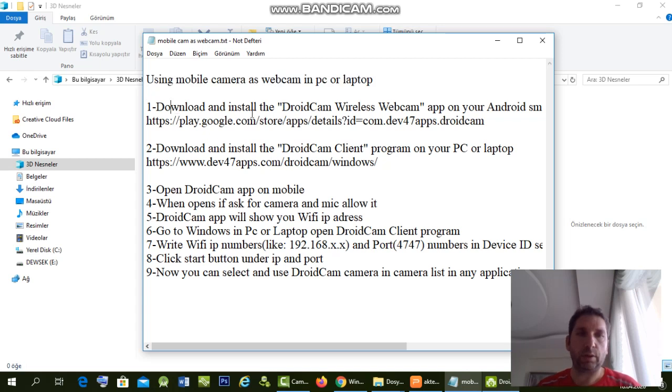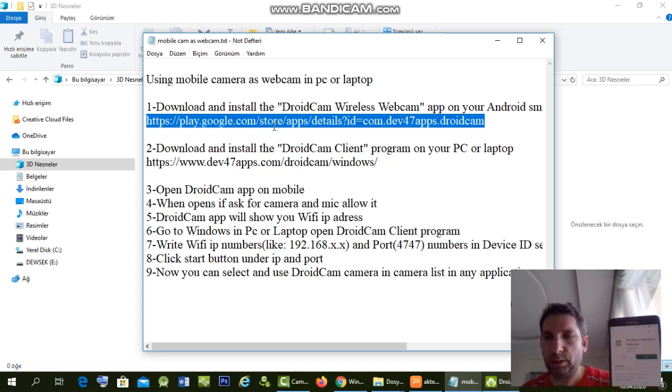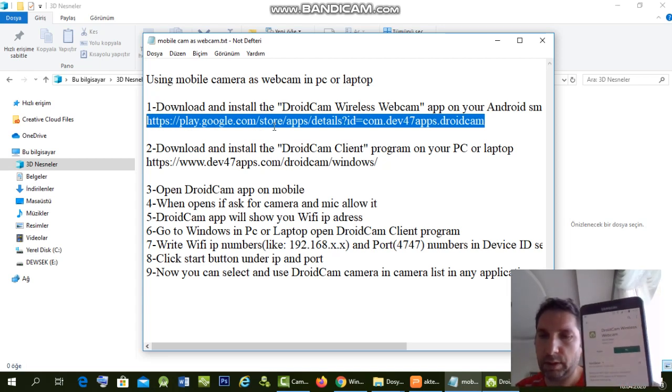At first, download and install DroidCam Wireless Webcam. This is an application on Android, on Google Play. This is the link. You will open this app on Google Play.